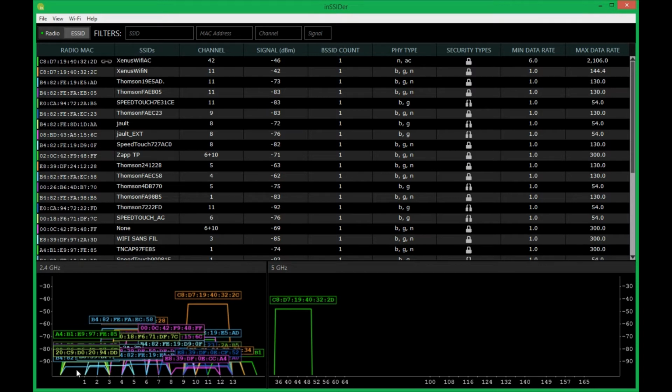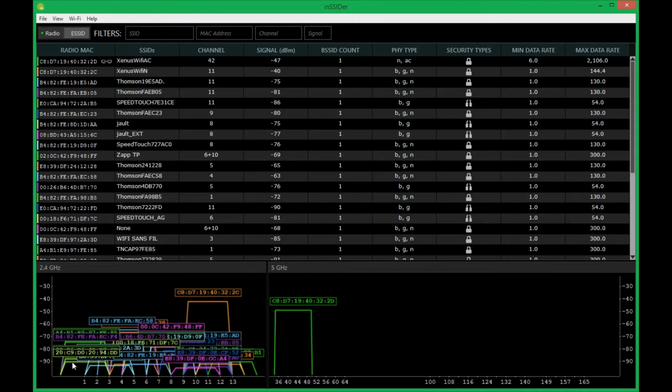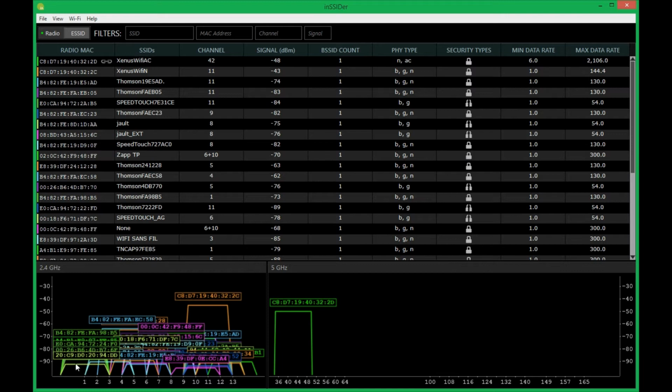If we take, for example, the blue network that is on channel 1, you can see that, like all the other Wi-Fi networks, it takes a zone of 20 megahertz. That's why you can see this straight line centered on channel 1. It means this network is talking on all this area, all this zone. On channel 1 there are different networks, and they are not bothering each other because they're using the same channel, so it's quite okay.